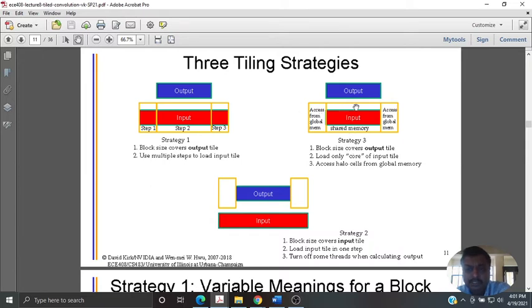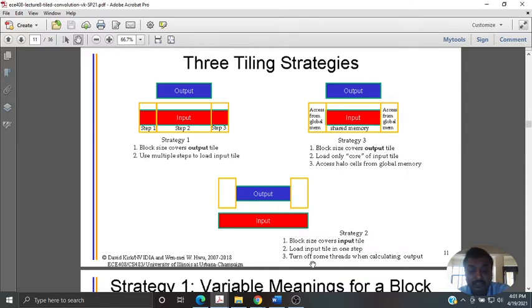you load the input, and the block size equals the output tile. Load only the core of the input tiles, and access the halo elements in global memory. So don't put them in shared memory; you can directly access them from global memory, assuming that the number of such elements is small. Why they might have thought of that: otherwise, you will load the entire halo elements and outputs. So all the elements are loaded simultaneously as input, so the block size is of course the input tile.